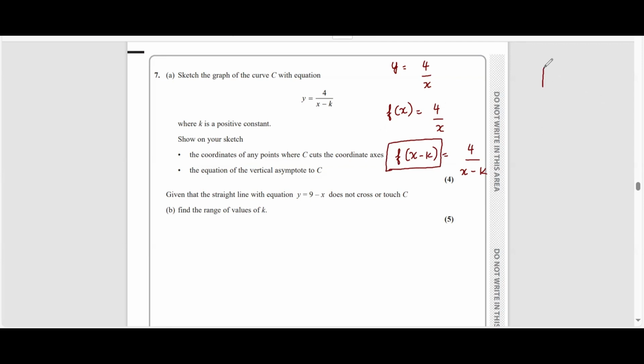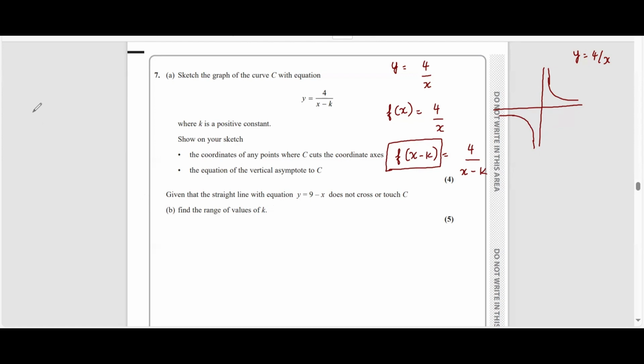We know the graph y equals 4 over x. When we sketch, it will be in the first quadrant and the third quadrant. Now, y equals 4 over x minus k, or f of x minus k, means the graph has to be moved k towards the right. We have studied transformations. f of x minus k means the curve has to be shifted k